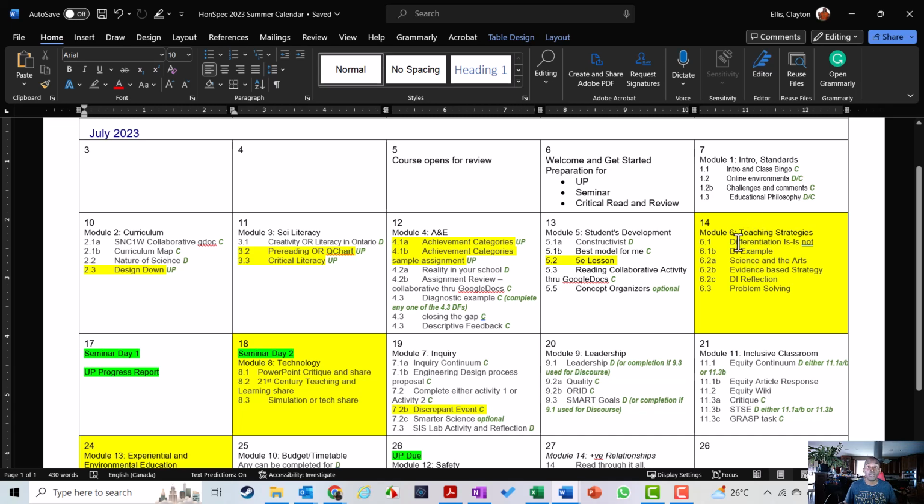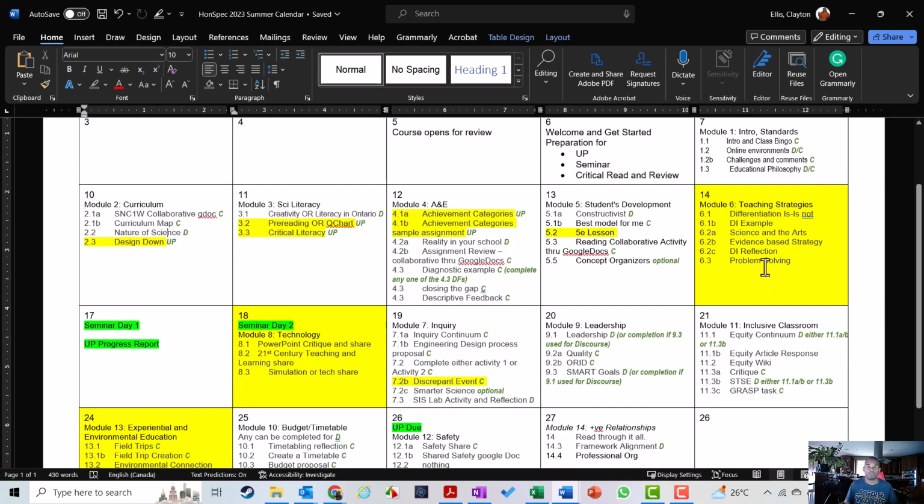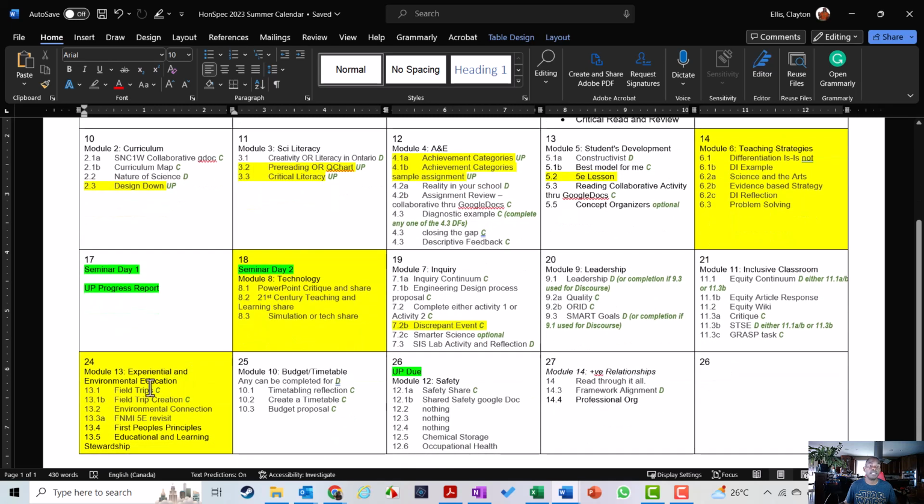On the 14th, all of the 14th, you're going to read through it, you're going to get an understanding of teaching strategies, you're going to include all that in the unit plan. And the unit plan has specific instructions about DI, DA, and other teaching strategies. So there's nothing posted on Friday the 14th. Nothing posted on July 18th, Tuesday. Nothing posted on Monday, July 24th. Okay?